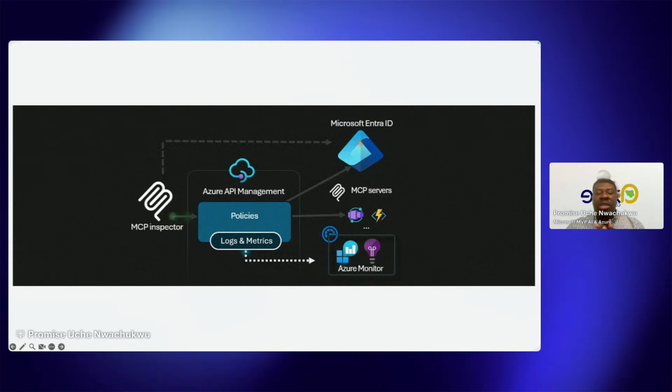Anyone who wants to access your MCP servers, your MCP tools, needs to first hit your AI gateway. Now, in your AI gateway, you can deploy policies and systems that would ensure that you are